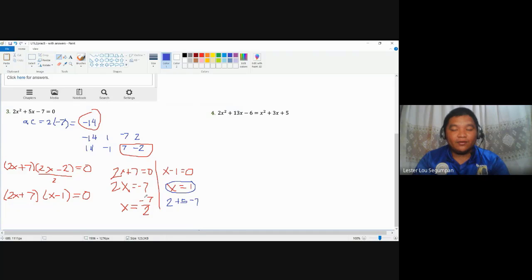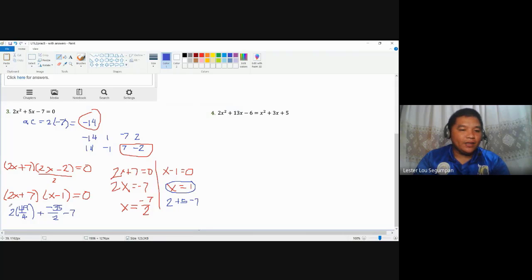As for the negative 7 halves, that's one of the weaknesses of some students when we talk about fractions, especially negative fractions. Never mind. So you have here checking, a negative 7 halves squared, this will become positive 49 over 4 because the square of a negative number will become positive. And then 5 times negative 7 halves, that's 5 over 1, so that will become plus negative 35 over 2. And then you will have, of course, minus 7.